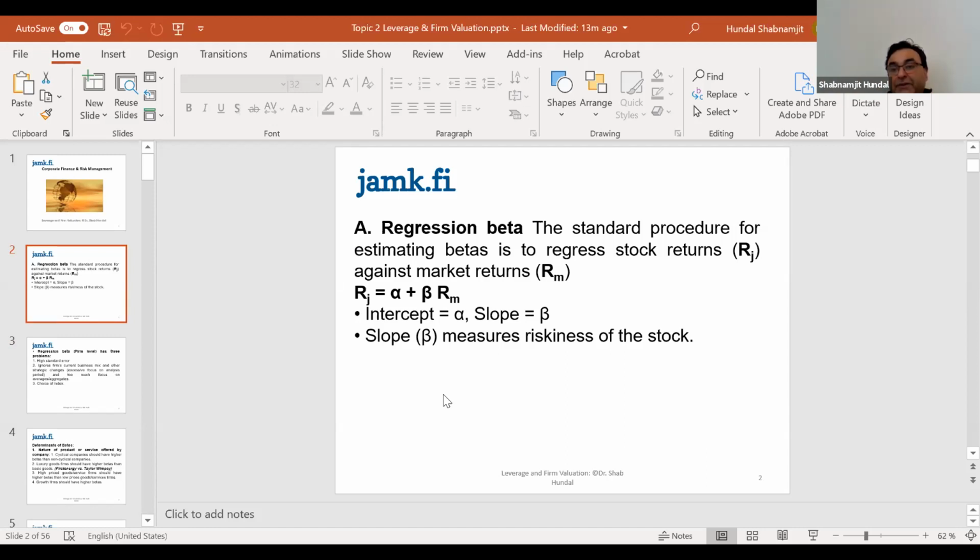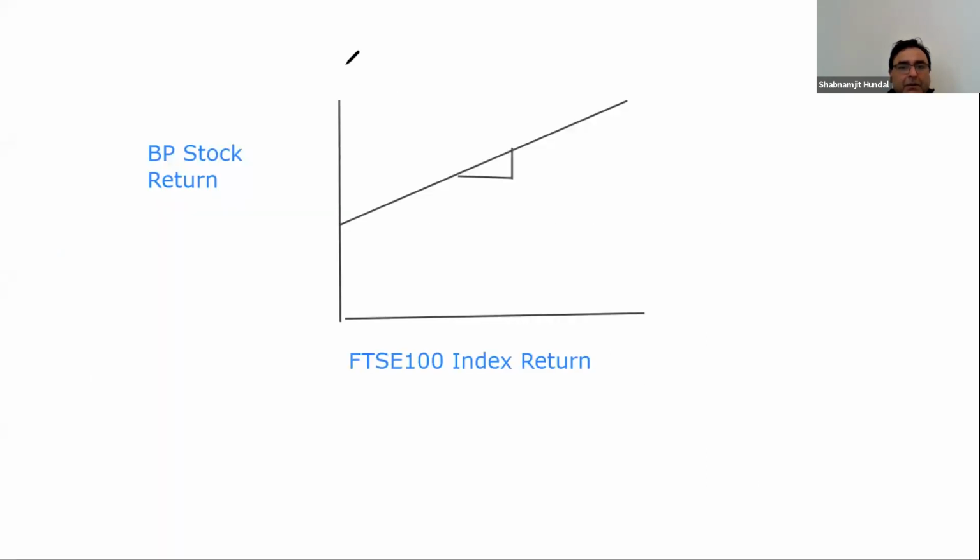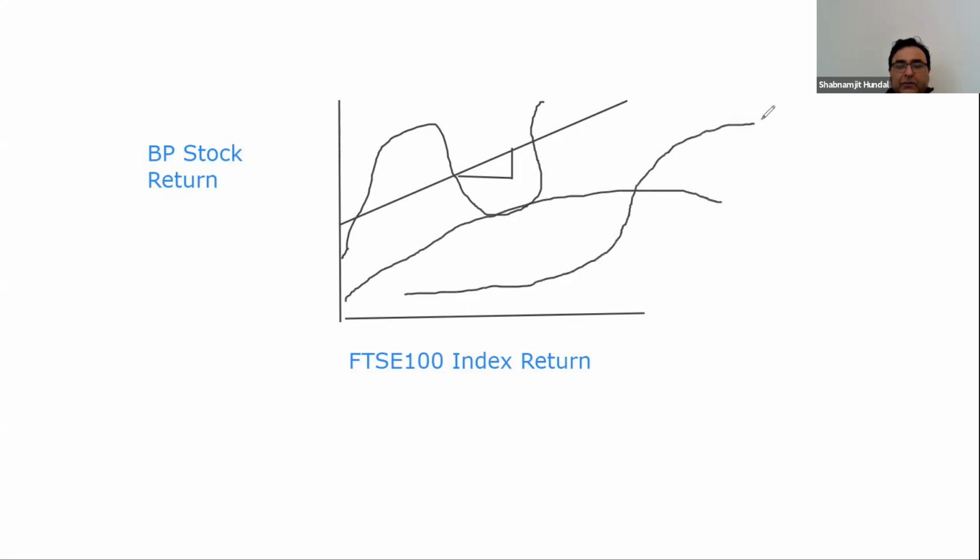We don't have any strong reason, or any prophecy, which says that the relationship between two variables is linear. It could be non-linear. It could be graphical. So if I can quickly draw the same thing which I drew before, yeah. The relationship could be like this. It could be like this. It can be like this. It can be like this, like this. Why not? All kinds of forms